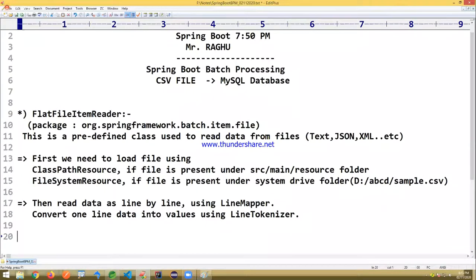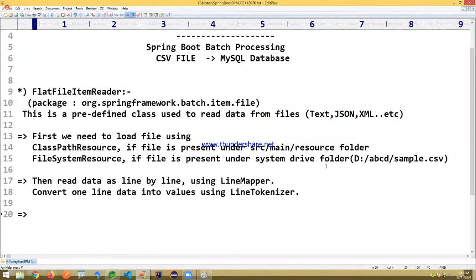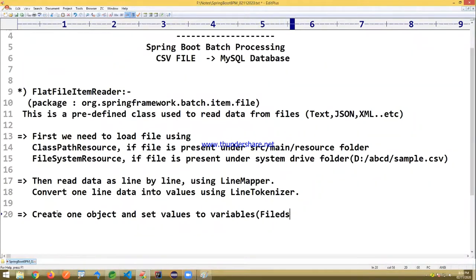Tokenizing is nothing but reading the data into values one by one. String tokenizer, I hope you remember. Here also it is similar: data will be converted into multiple values. Then create one object and set the values to variables, which we can also call fields, using the field set mapper.